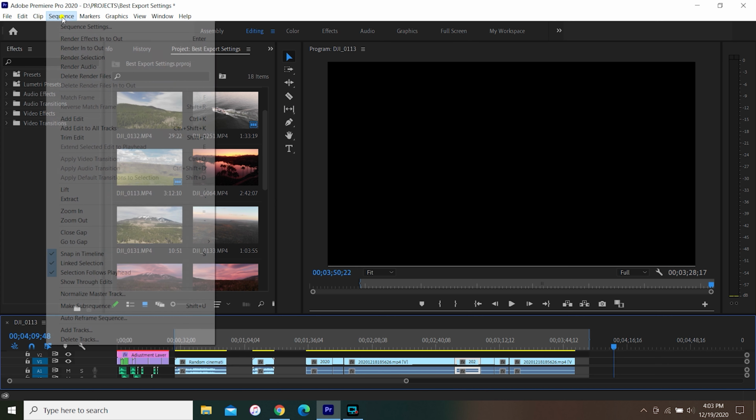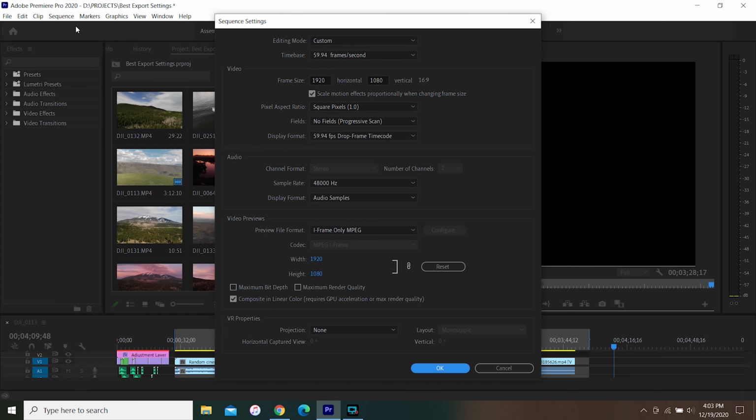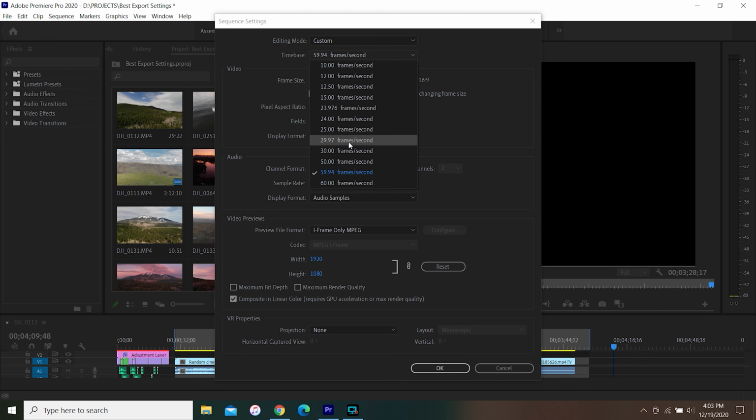Okay, so before we talk about other settings, it's critical you render your videos at 24 frames per second, even if you shot them at a higher frame rate. This will ensure that your video looks more cinematic and natural. Premiere Pro automatically matches the sequence settings to the first video you drop into your timeline. So make sure your sequence settings are set to 24 frames per second before you export your video.